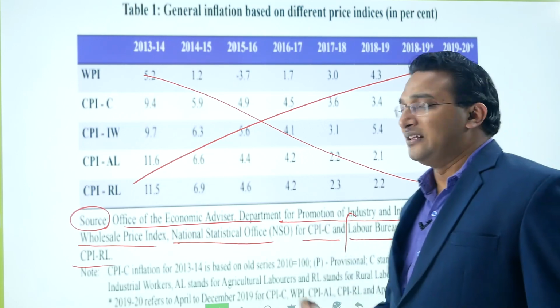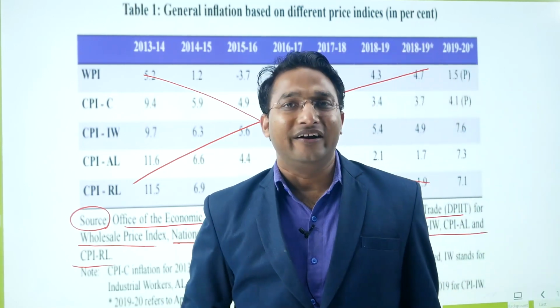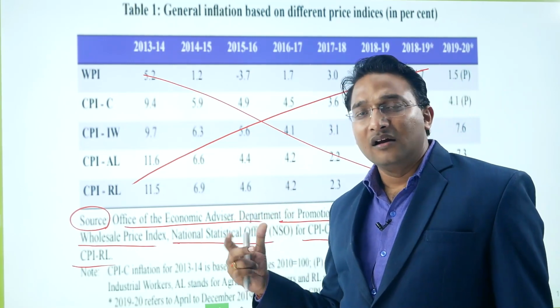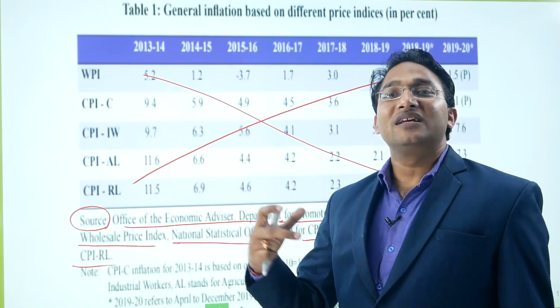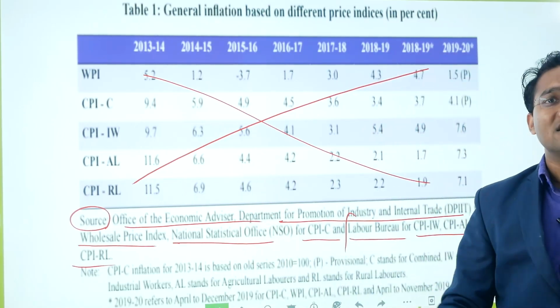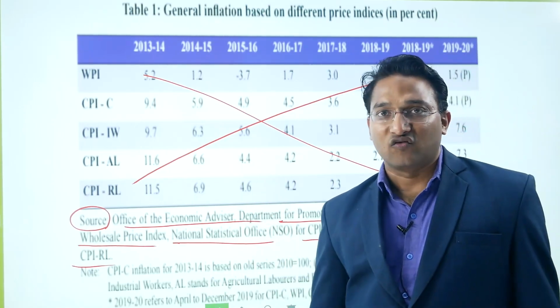So these are the agencies. On the last page, I already discussed the names of these agencies. Here, I am just indicating that in the Economic Survey, it has been given clearly. And in the examination hall, there are high chances that one question may be asked from this area.